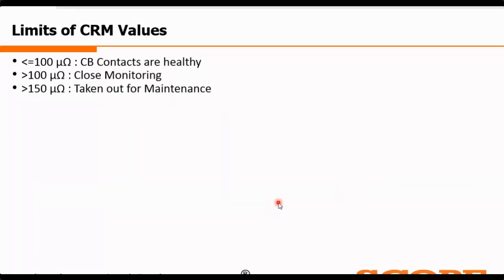There are different makes and models from different companies, like 10 ampere models, 5 ampere models, even 1 ampere CRM models I have seen, but the accuracy of those instruments is quite low. And the guidelines that the utilities follow, the IEC and the IEEE, have always mentioned that you need to have at least 100 ampere current injection. Below that, we as an OEM will not suggest it, and we will suggest that 100 ampere and 200 ampere